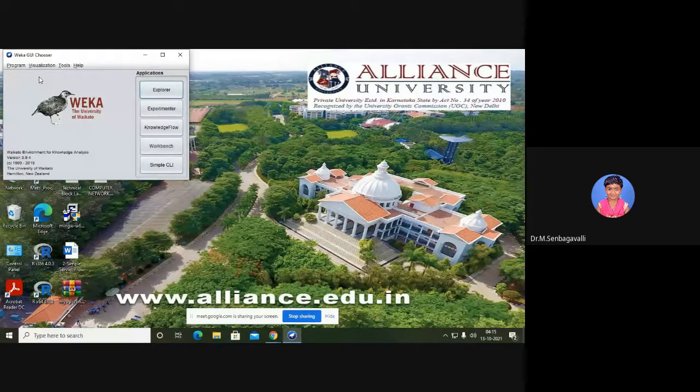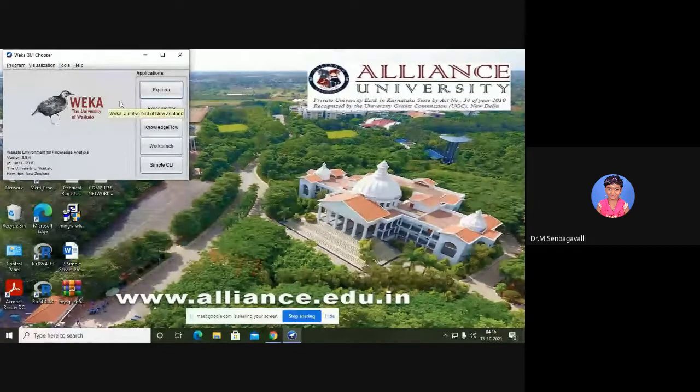Once you have downloaded Weka, this is purely an open source tool for solving machine learning applications. You can apply machine learning algorithms and provide the solution with the help of classification, clustering, and association rule mining. Apart from that, if you want to show the output through visualization, you can do it with the Weka tool. Weka stands for Waikato Environment for Knowledge Analysis, and the University of Waikato developed this tool.